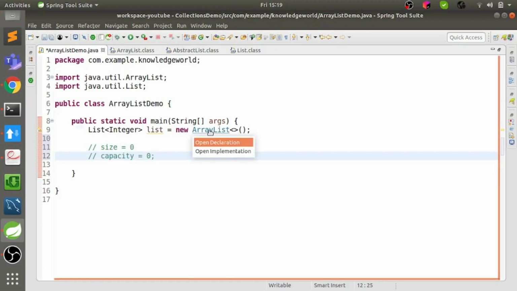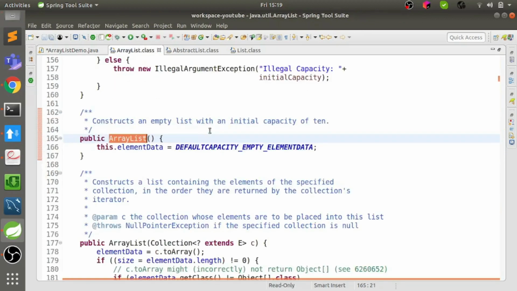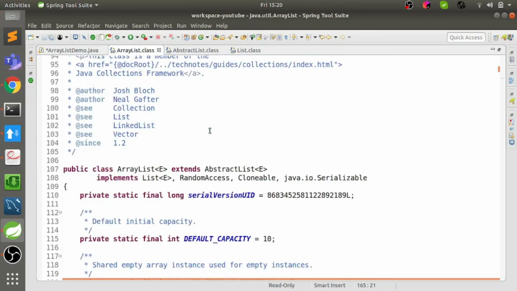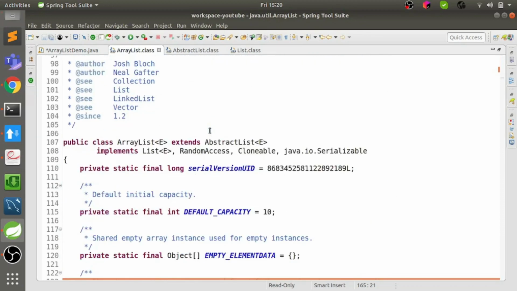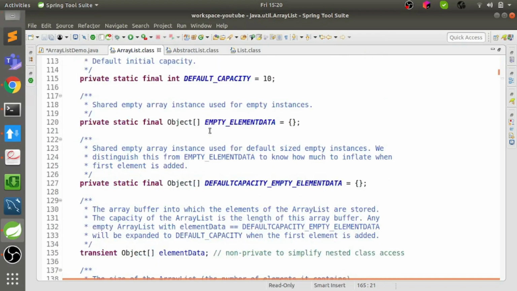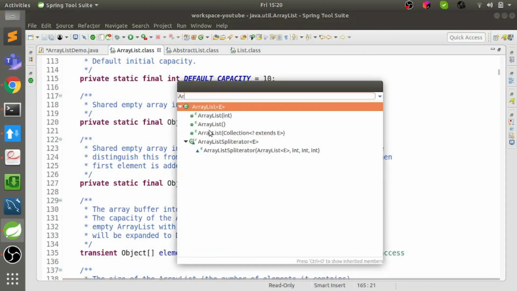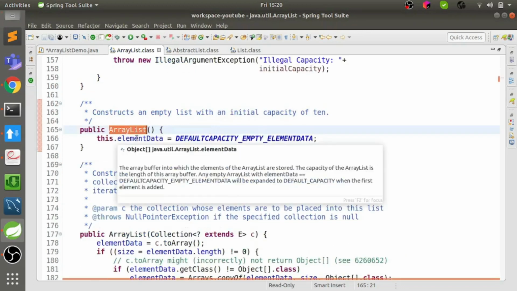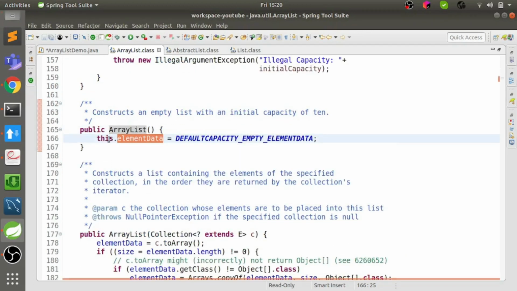Now what do I mean by capacity here? I have discussed that capacity is the size of the array that the ArrayList internally uses. So when we call the default constructor, it assigns elementData to the default empty data.